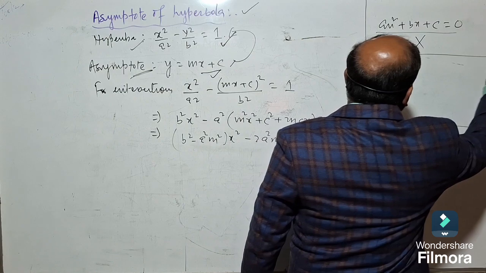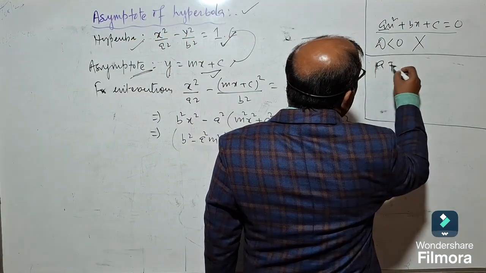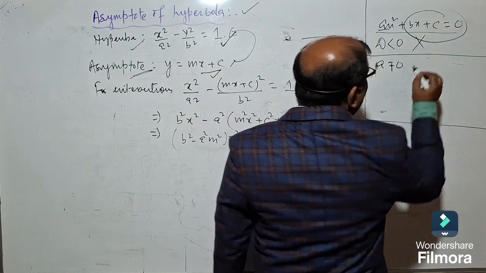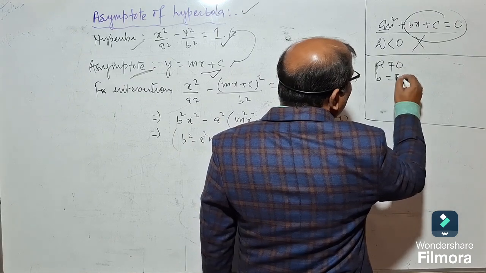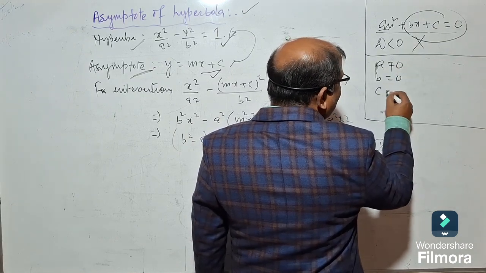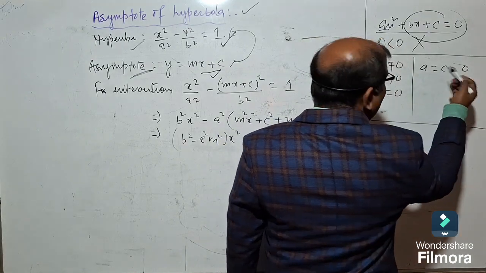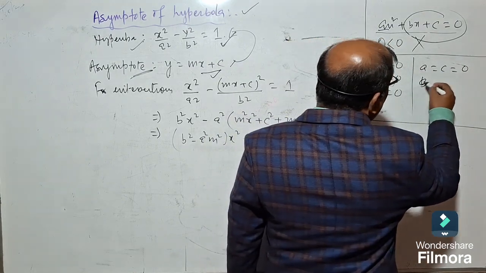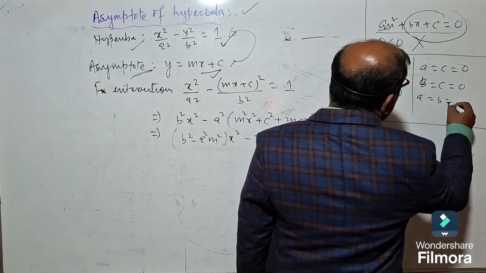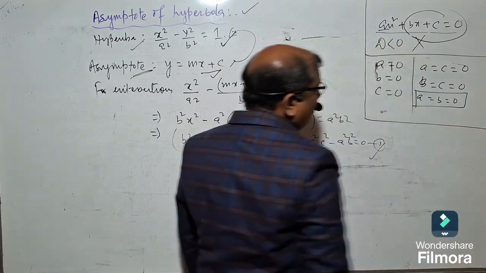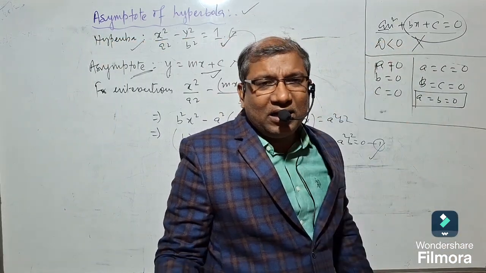Now we are going to use the second approach. What if a equal to 0? Then there will be a root of the equation bx plus c equal to 0. If b equal to 0, in that case we can also get a root. If c equal to 0, then we can also get a root. If a is equal to c equal to 0, in that case we can also get a root. If b equal to c equal to 0, in that case also we can get a root. If a equal to b equal to 0, in this case we are not going to get any roots, and in that case we can say that the roots of the equation will be undefined.